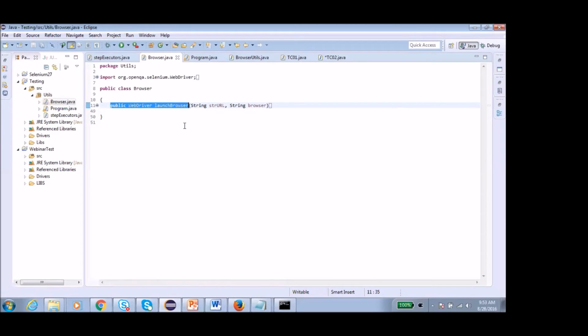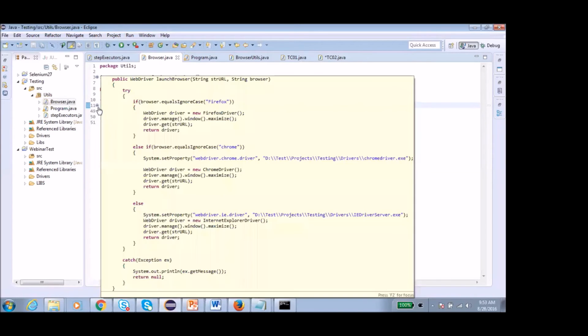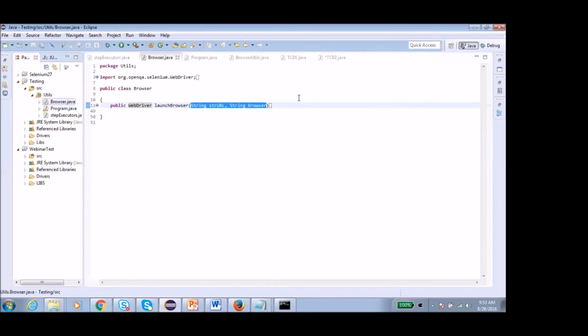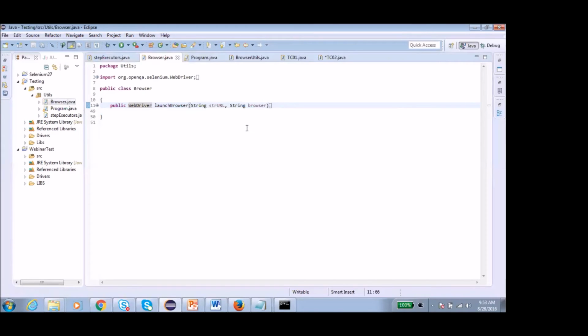And if you are ready to give 50 hours of your time, you are ready to go for Selenium, whether for an interview point of view or just for working in your organization. Just start doing this, that's what I'll suggest. This is just a signature, and these are the two different parameters which we are going to pass into this method. Methods are also known as functions. In QTP we say functions. In other languages, like OOPS, we say methods.